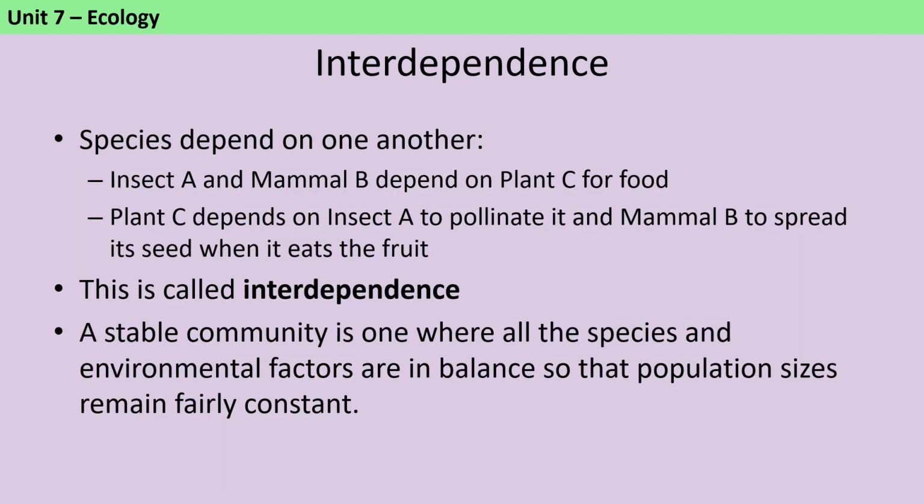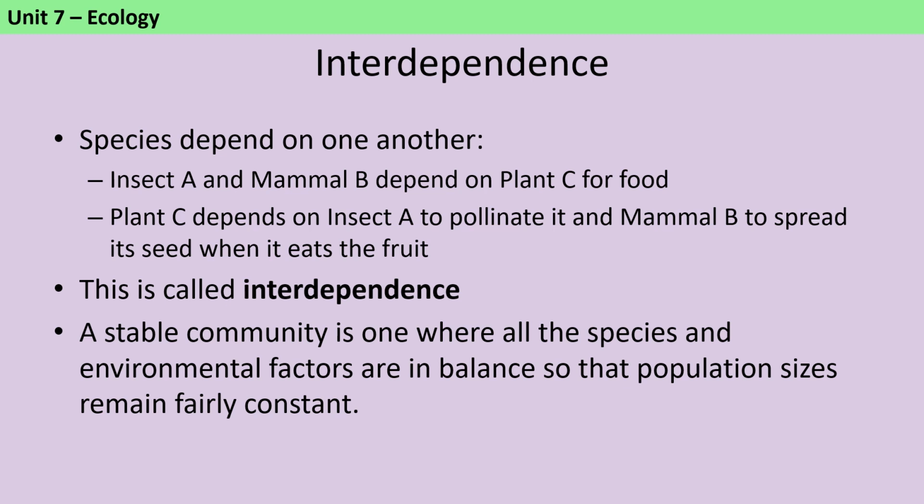When we talk about interdependence, we mean the way that different species interact with each other in order to be able to survive. So for instance, insect A might be a pollinator like a bee that drinks the nectar of plant C while it's pollinating it, and then mammal B might eat the fruit. And plant C needs both of those animals because even though they're feeding on it, without them it wouldn't be able to make fruit because it wouldn't be pollinated and it wouldn't be able to spread its seeds. A stable community is one where all of the species and environmental factors are in balance so that population sizes